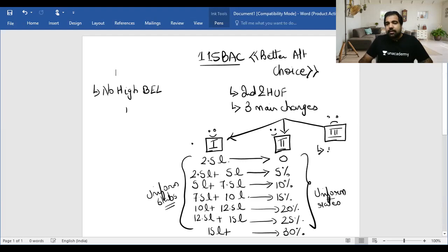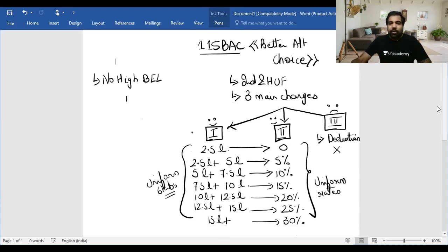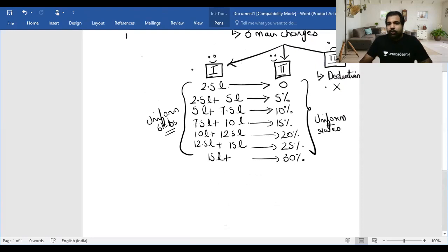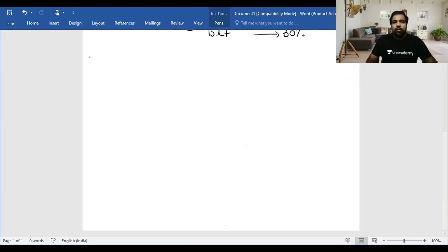In this, there are a lot of deductions which you cannot take. There are a lot of deductions which you are not eligible to take if you opt for this scheme. So two great things, and one thing which is not that great. Let's see how it is not great and which are the deductions that you can't take. I'm moving slightly below to tell you which deductions we cannot take. So two great things, and these are the deductions that you cannot take.